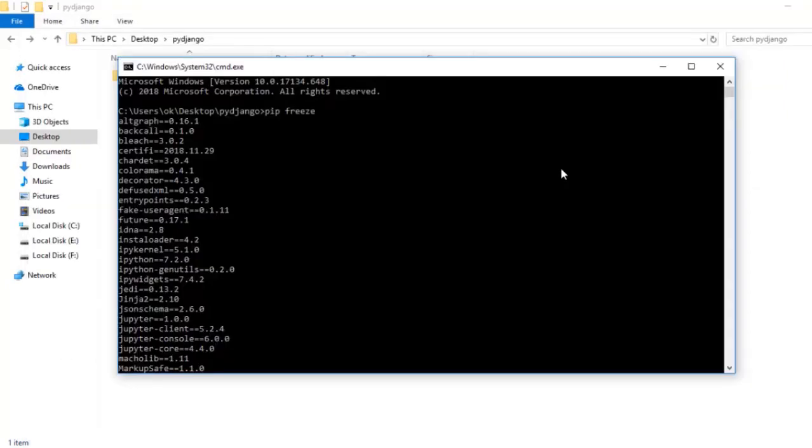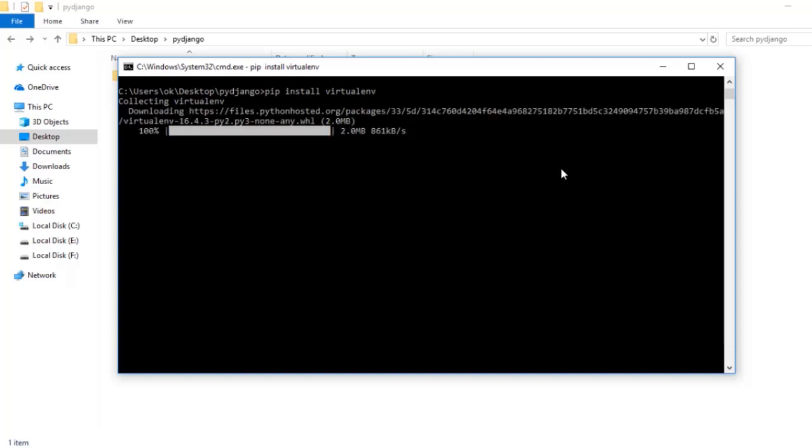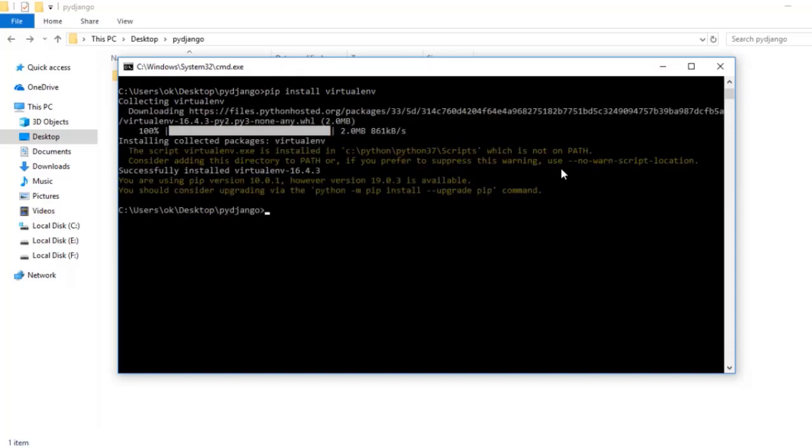So what I am going to do is I need to install virtual environment. So I would be installing a package called virtualenv. All you have to do is pip install virtualenv. That is done, and here I also have a message regarding upgrading my pip, so I will be doing that in a while. Now the second thing is how to create an isolated environment, that is, how to create a virtual environment. That is quite easy.